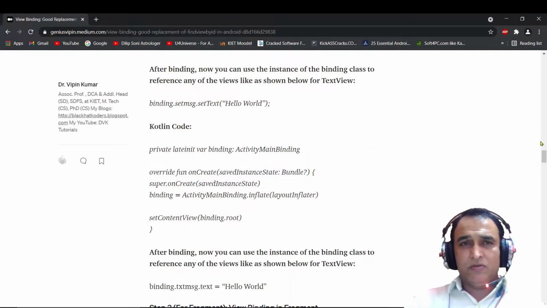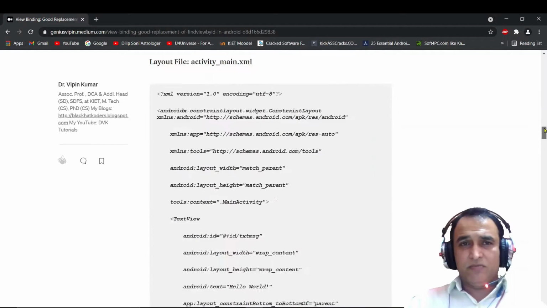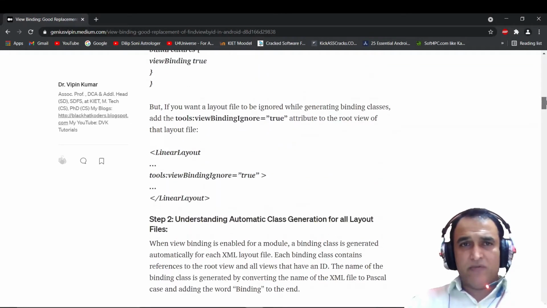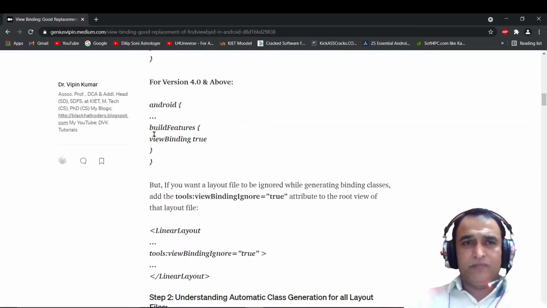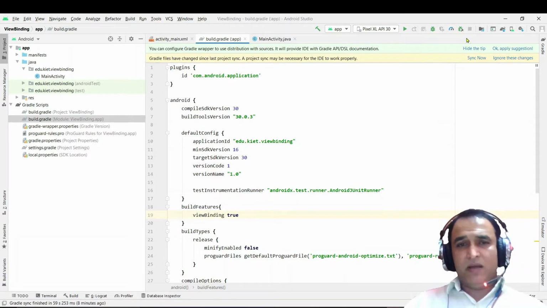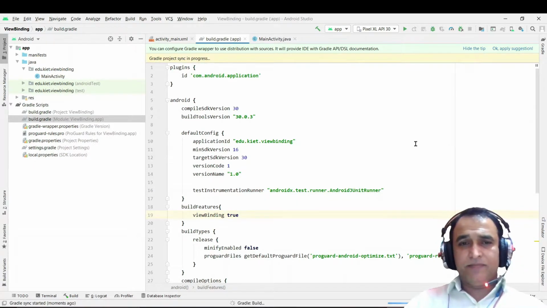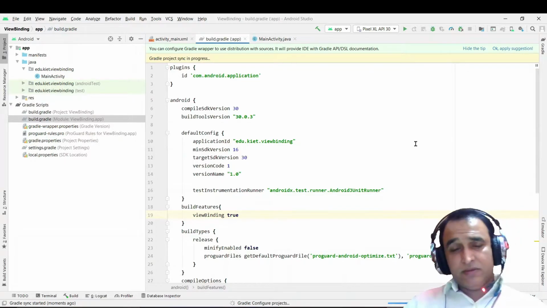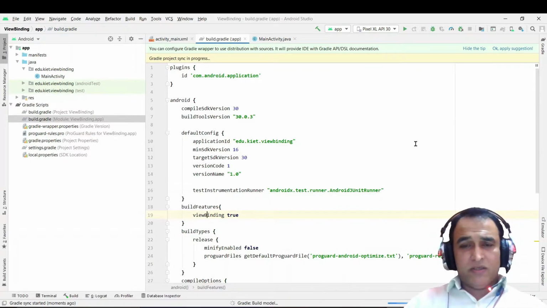Because my version is more than 4, I have to do this. So buildFeatures and viewBinding true. The B should be capital like this, and then synchronize it. After a second, one or two seconds, it will be bound. It will enable view binding in your activity.